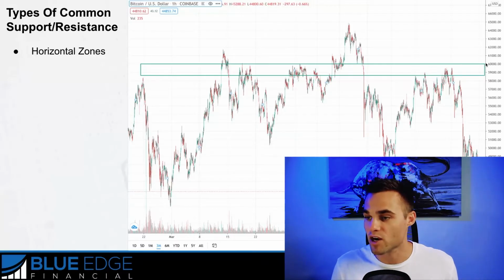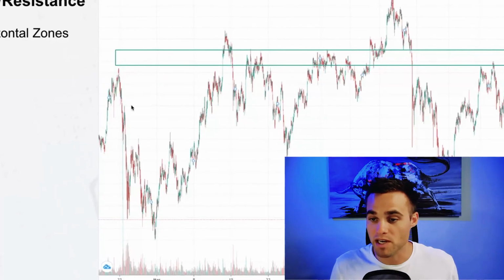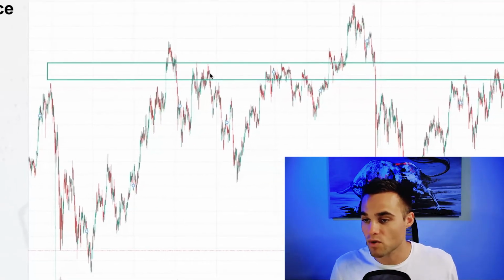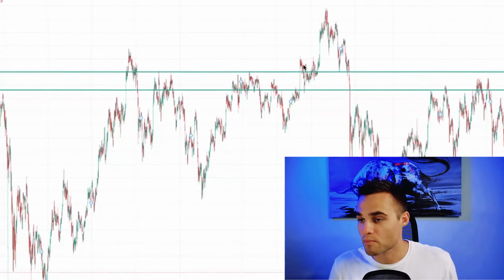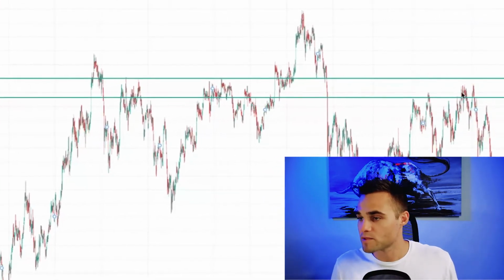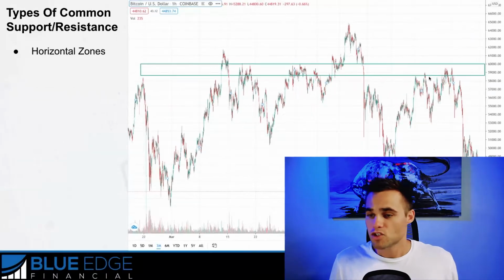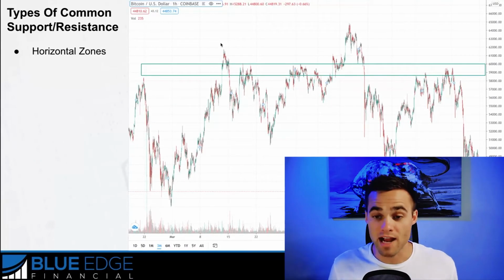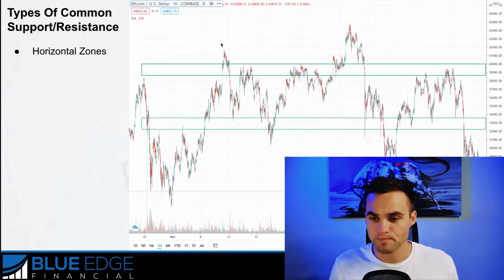So in this case, you can see around $60,000 here is a key resistance zone in this territory, meaning that we saw price come up to here once. We saw price kind of struggle around here again. We saw price in this zone multiple times, price in this zone a lot, price coming up to this zone and struggling again. So this is a key zone, meaning that price interacts with this zone quite a bit, okay?